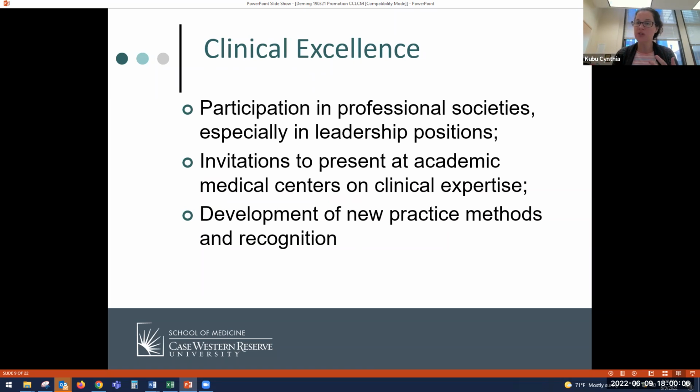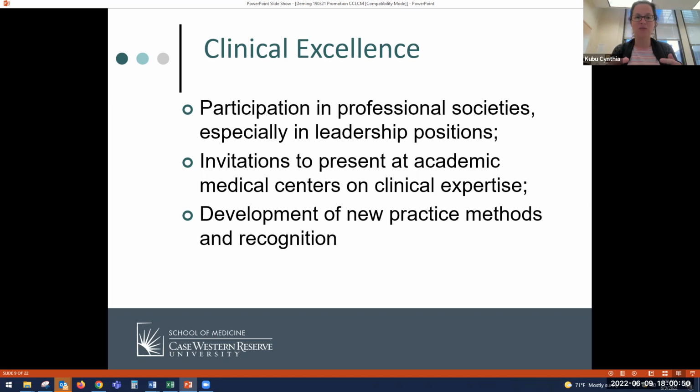Clinical excellence. What we traditionally expect, sometimes people say, well, it's not the same, but what is often in the portfolios and the CVs and the packets that we receive when clinical excellence is the primary area of excellence, is that you are moving from a participant to a leader. And what that looks like is in your national organizations, in your affinity groups, you are not just attending a conference, you've moved up and your peers have asked you to lead a session, to facilitate a panel, to work on OSCEs, to evaluate questions, to work on white papers. What are the standards? How do we teach our residents potentially?